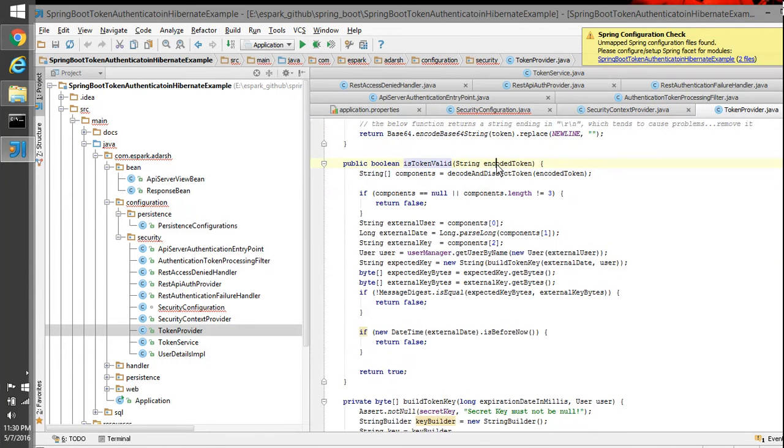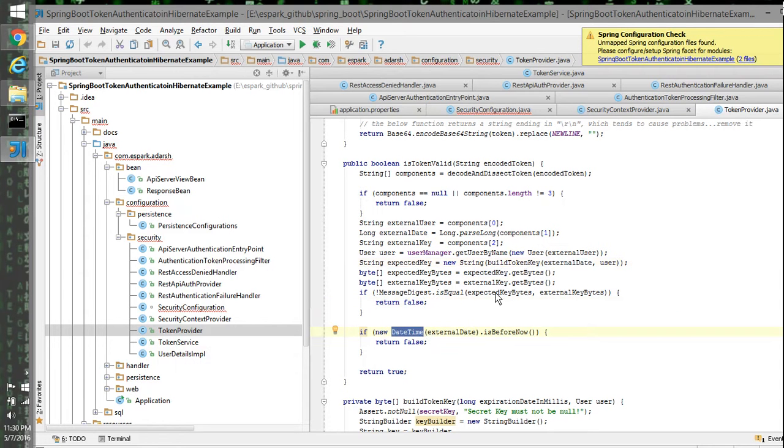So, is token valid? What we are going to do here is pass the token inside, and because the token is created with multiple values, it will rip out all the values. Then it will use the user object, get the user, and check with the help of these methods. It is checking the user, and after that, based on the expiration time and so on, it will check and then return true or false to us.